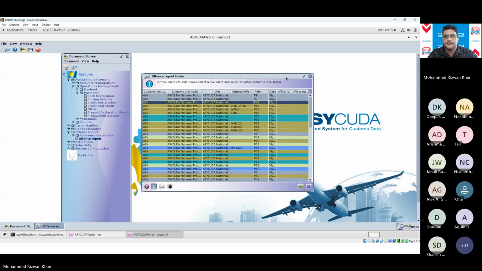Hi, Harish. Just wanted to know, if you move the offense payment to the accounting module, will that offense payment option still be available? Yes, so I know Fiji is using the bundled accounting module for the offense report, right? Yep. If we move it to the core module, the current one will still remain.